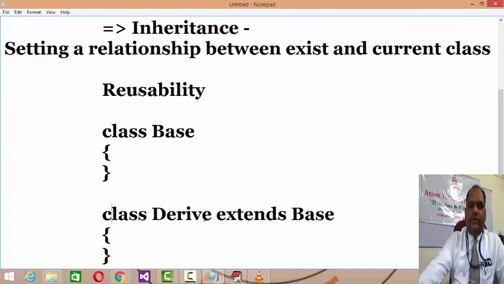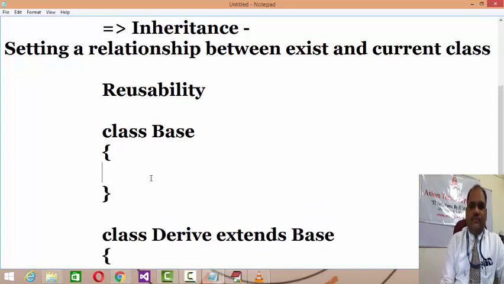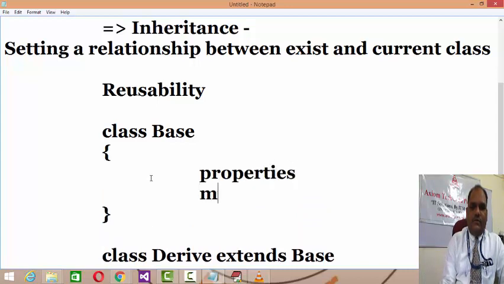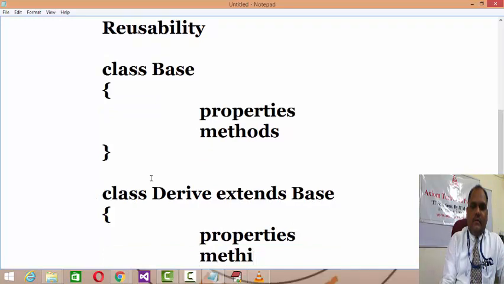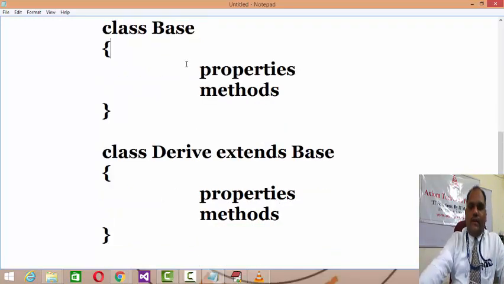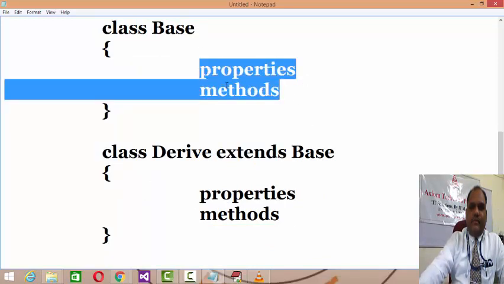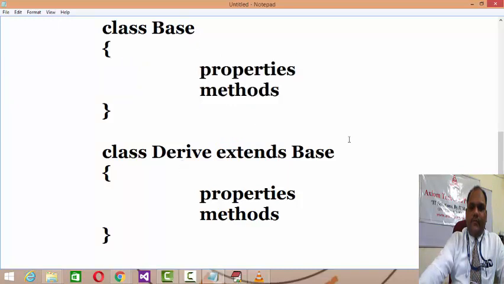Now the derived class has a relationship with the base, so the properties and methods of the base class will be extended to the derived one. Both classes are individual and separate, but because of the extension, the properties of the base class will be inherited in the derived class.